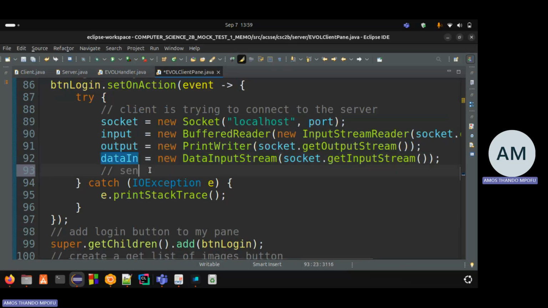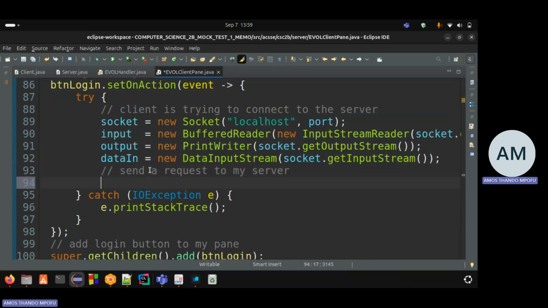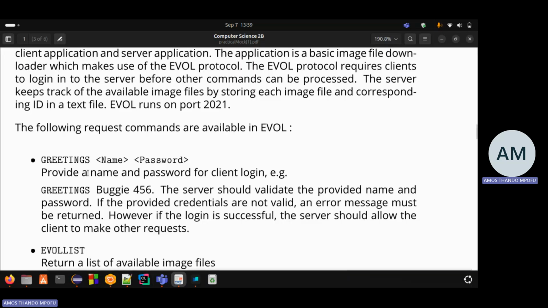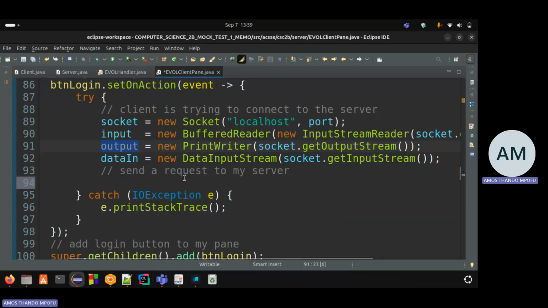And then here now I can send a request to my server. So I can send a request to my server. How do I send it? Remember, we use print writer, and why are we using print writer? Because if you check the document, it's text. You need to send to the server greetings followed by the username and followed by the password. That's how it works. So before we can do that,